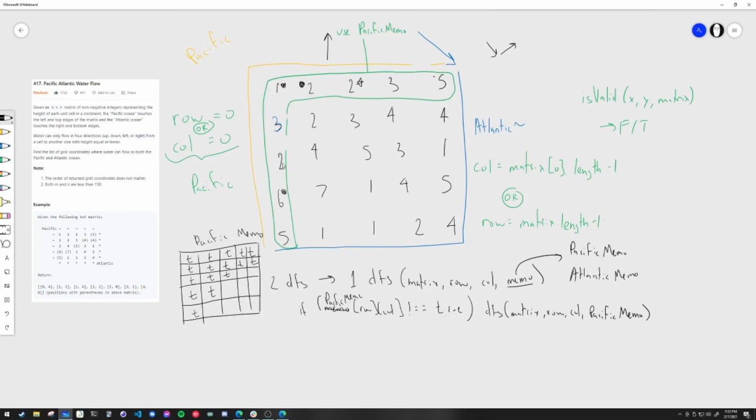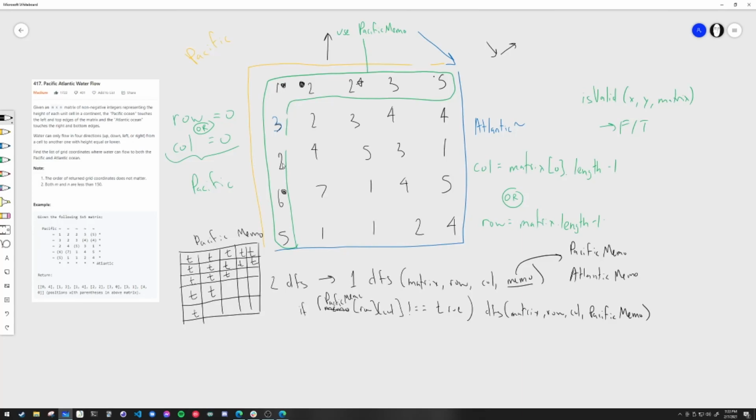Okay. So in the memo, it's true for that position, but that wasn't true when we first went through our Pacific memo. It didn't turn true until we iterated to it, because the first time we were trying to look for ways to come uphill, and then the second time we went to that same position, it became true because it's on the edge. So wouldn't that be confusing